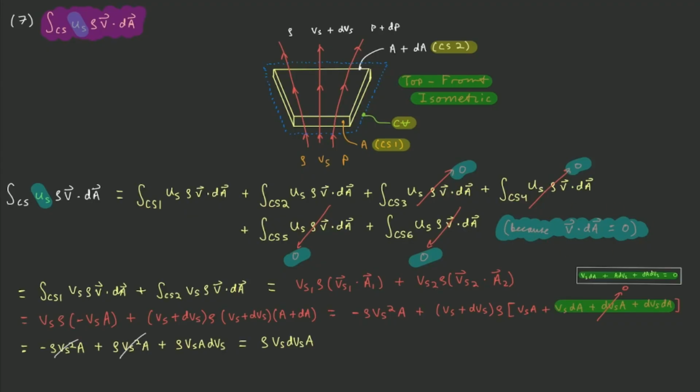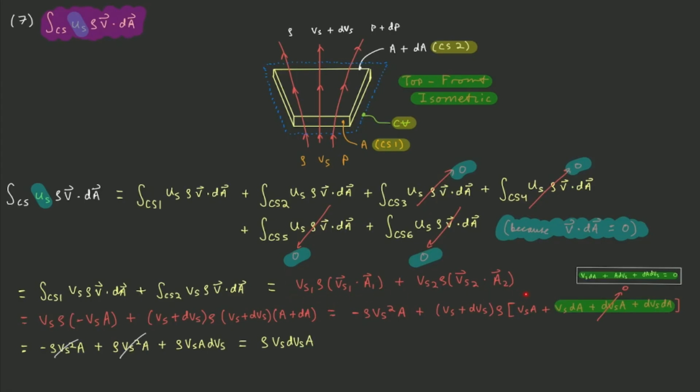So because V dot dA is equal to 0, the integrals over control surfaces 3, 4, 5, and 6 are equal to 0. As a result, you only have the integral over control surface 1 and the integral over control surface 2. If you break those down, the integral over control surface 1 of Vs rho V dot dA plus the integral over control surface 2 of Vs rho V dot dA